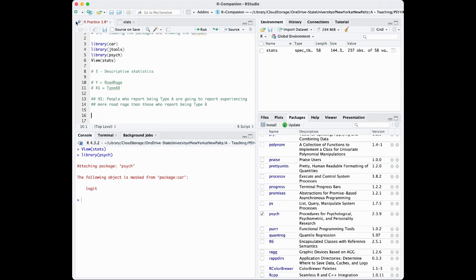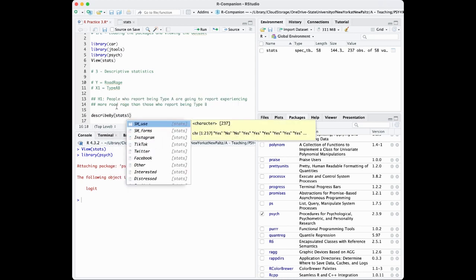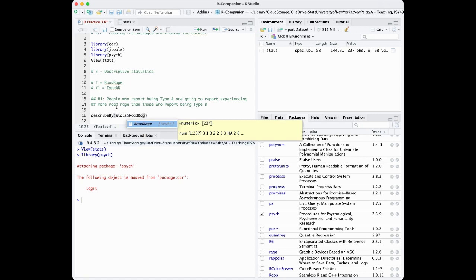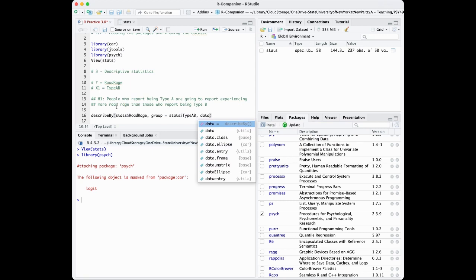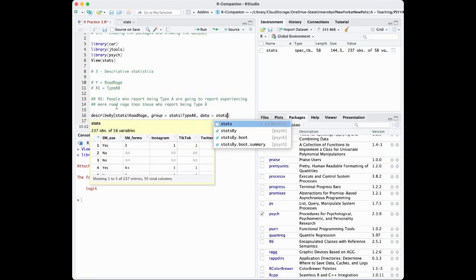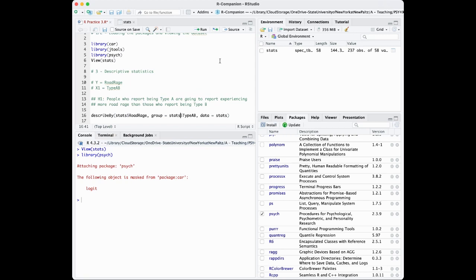Okay, so since we have loaded our psych package, we can use describe by. One of the slightly annoying things is we have to keep repeating the name of the data set, the data frame. So we want to know about road rage, and our grouping variable is the type AB. And then the data set is stats. I think that's right. So if we click run,